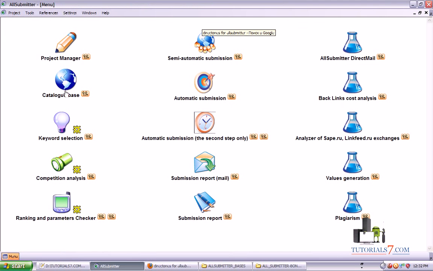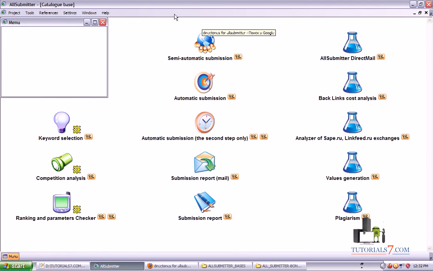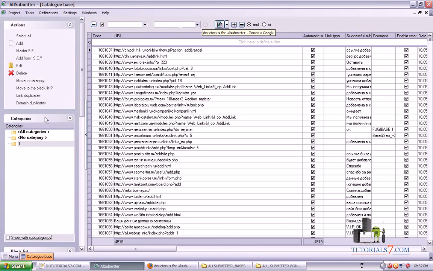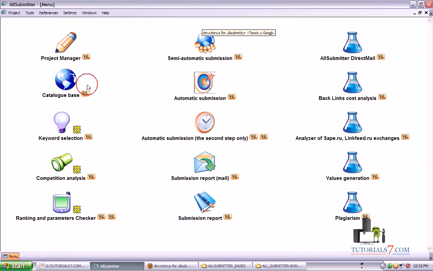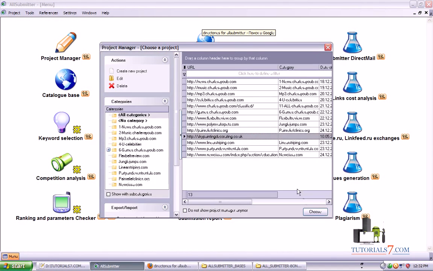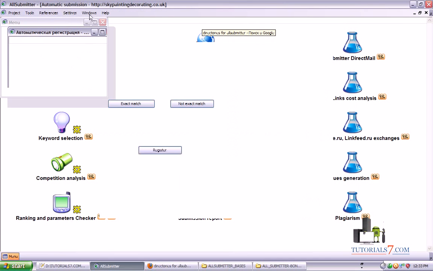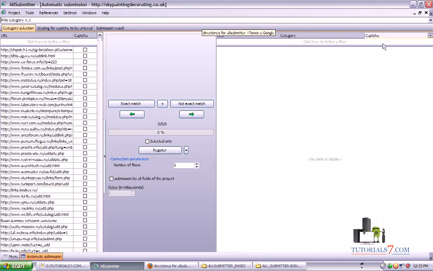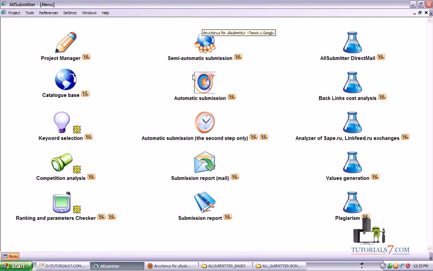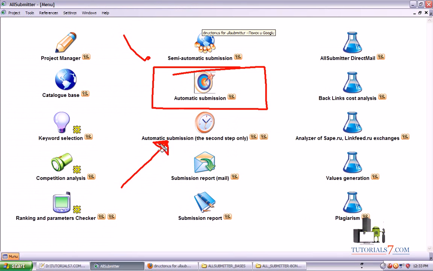Right, something is not right. Let's go to catalog manager again. Seems to be fine. Yes, here it is. Basically, the button we needed to choose was this one. This one is for another submission, so it's my mistake. You must click after. This is the first step, this is the second, catalog base, and this is the third